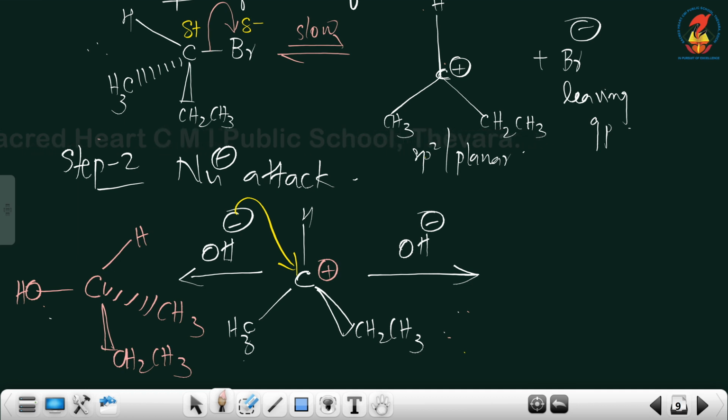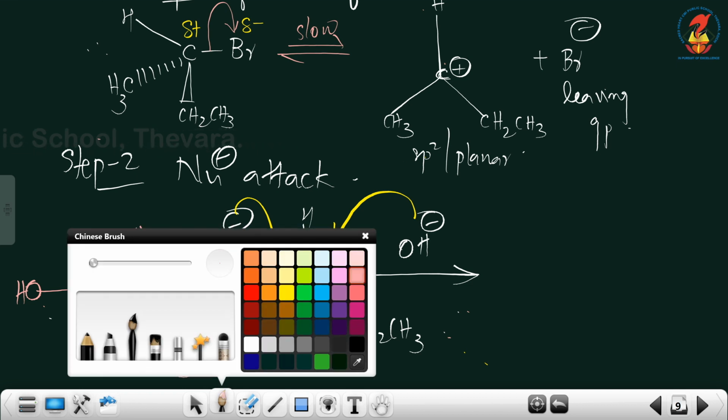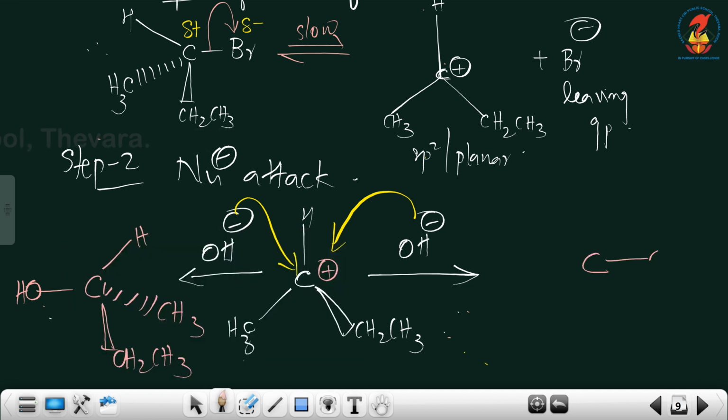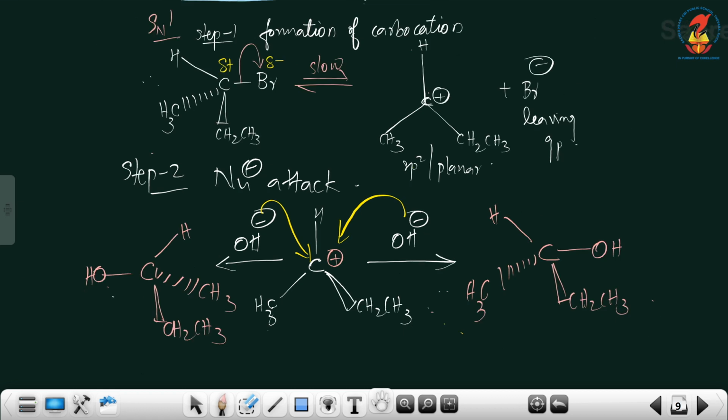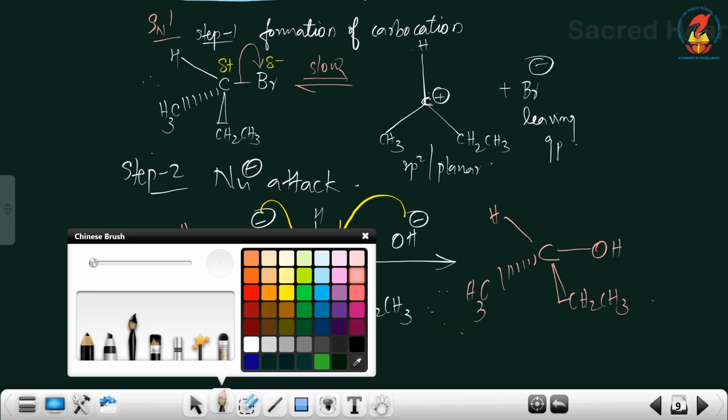Okay, and if the OH minus is attacking from this side, the new carbon-OH bond will be on this side, right hand side. So hydrogen, CH3, CH2, CH3. So if you look at this mechanism,